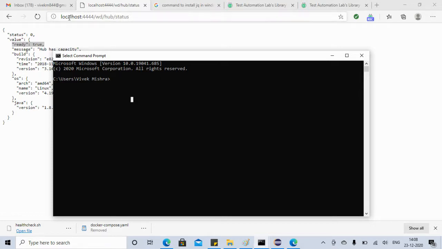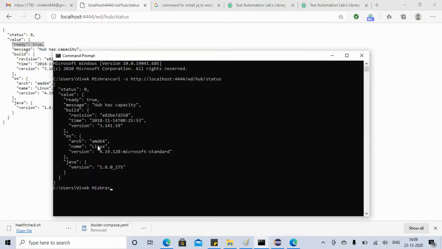So suppose we want to request this localhost 4444. We want to make a get call. So we have to say curl, and then the URL, right? We will use silent mode. The URL is http://localhost:4444/wd/hub/status. So we are requesting the URL. What is the response of this URL? If you hit enter, see, we got the response.